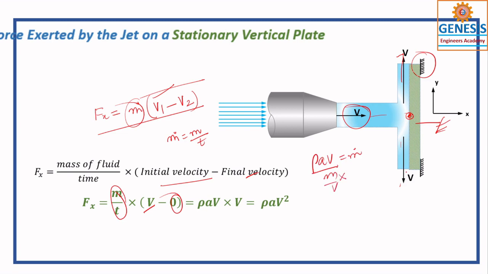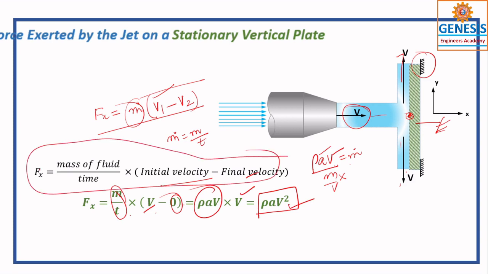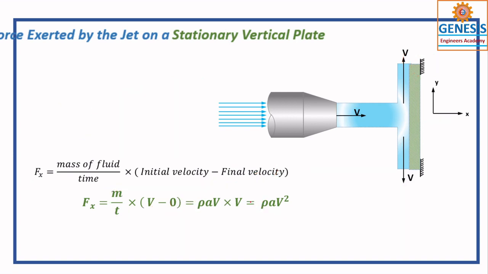Why? Because this is mass by volume, this is the area, this is the velocity. You can say that it is the mass flow rate, and v minus 0 it is v. So the first fundamental formula is rho a v square. So don't learn this formula by heart. You always remember this one, and moreover in any direction you have to use this formula. That is the formula we have just now discussed. Got my point? So this is rho a v square.